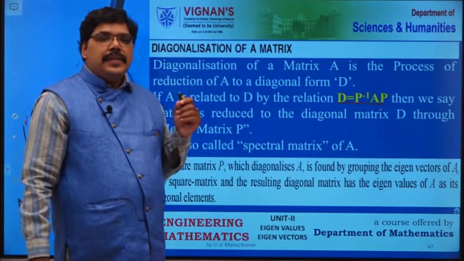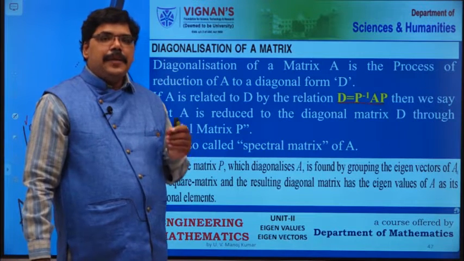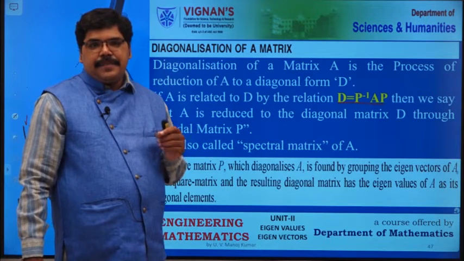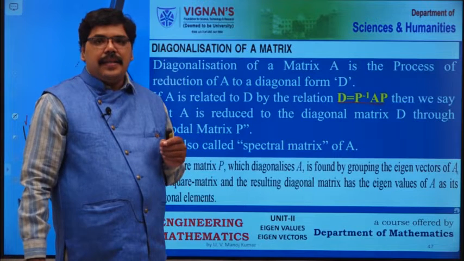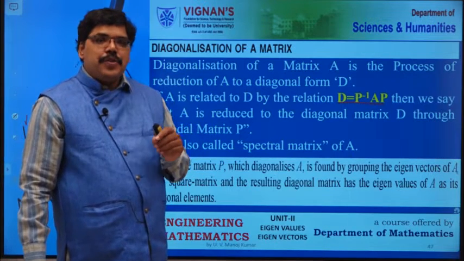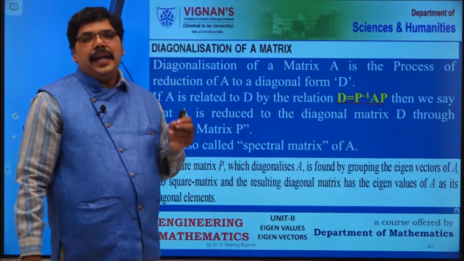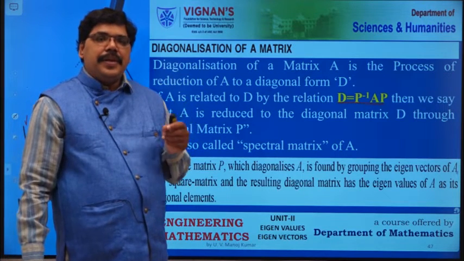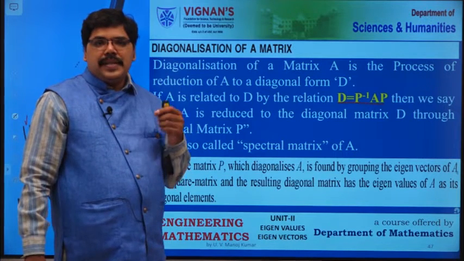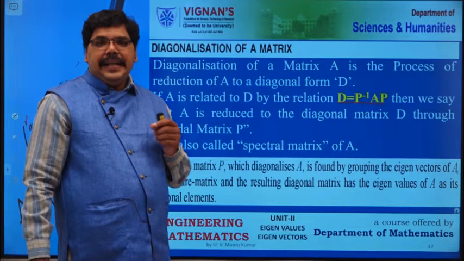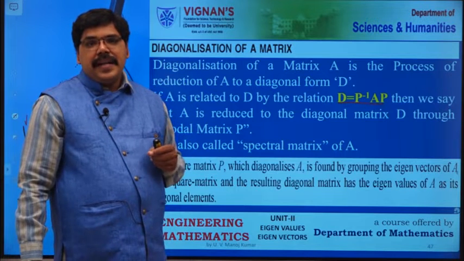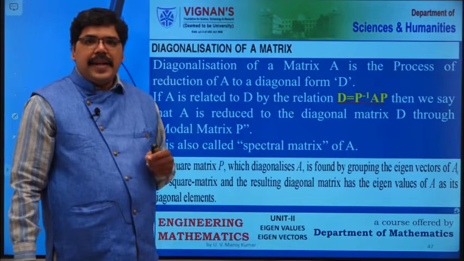Okay? So, see the relation D equals P inverse AP. Here we are calling P the model matrix and P should be non-singular. That means we are able to find its inverse. So, P inverse AP should be a meaningful form and it should be a diagonal form. If you are able to find such a P, finding such a P is called diagonalization, and D should be in diagonal form. So, what do we call D? D is called the spectral matrix whereas P is called the model matrix of capital A.